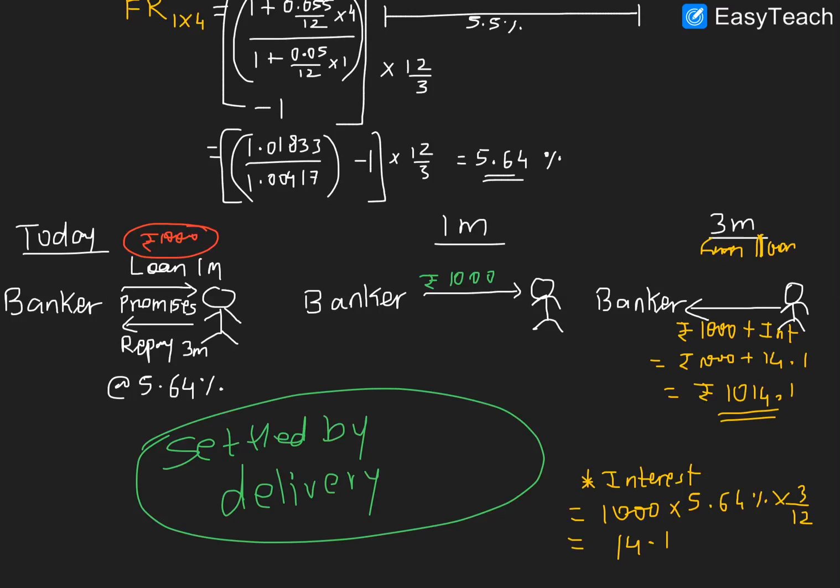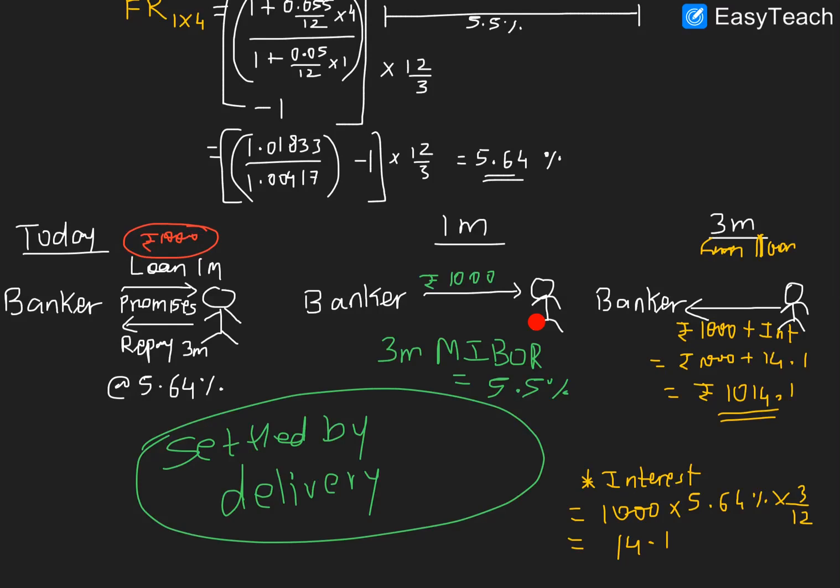So suppose after 1 month it happens that the 3-month MIBOR, or the market rate of interest, turns out to be let's say 5.5%. Can you think what will happen, or what will be the emotions of our customer, the person who has agreed to borrow? Is he going to be happy or unhappy?